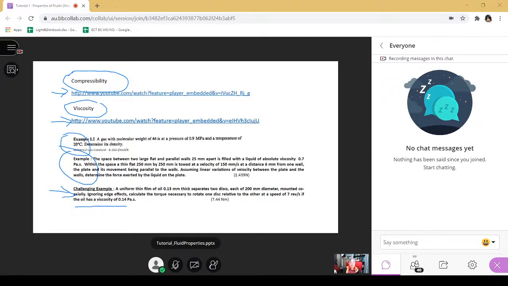First, let's look at this video. Compressibility is usually related to gas, right? Because gas is more compressible than liquid. Now, in this tutorial, you will see